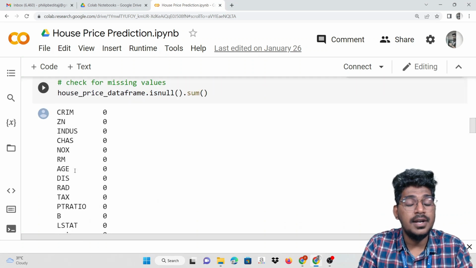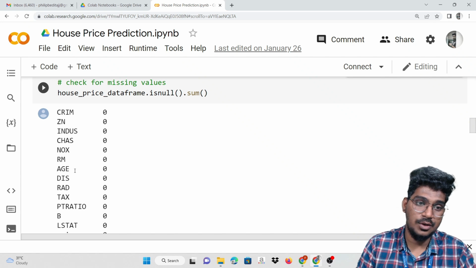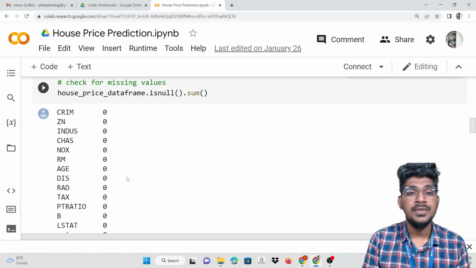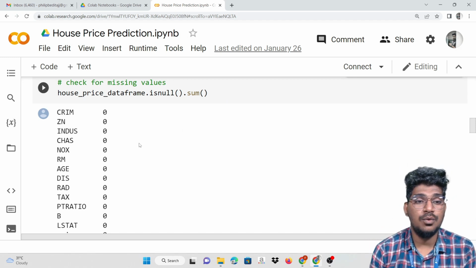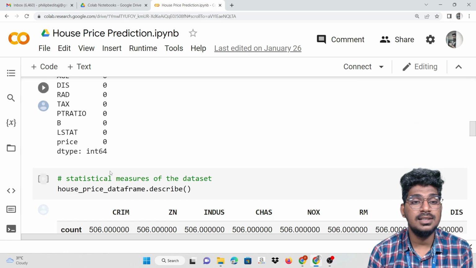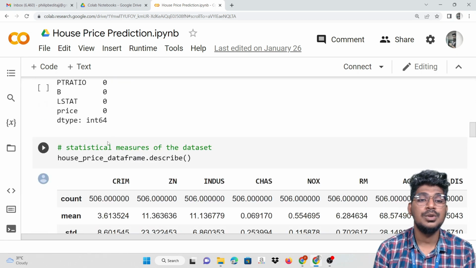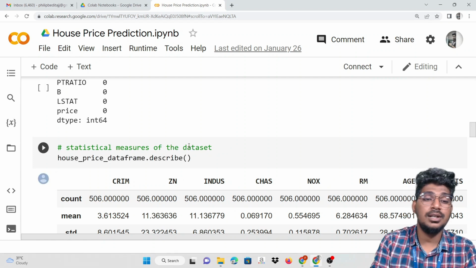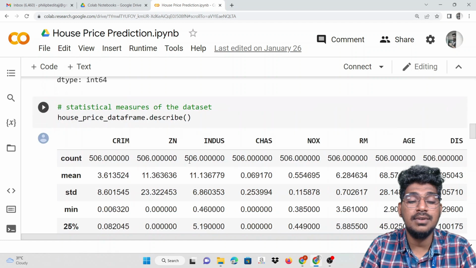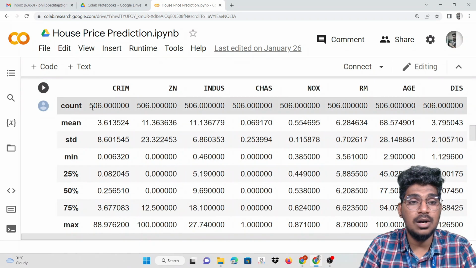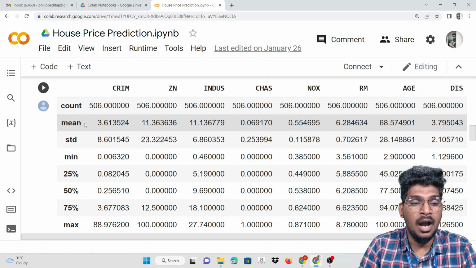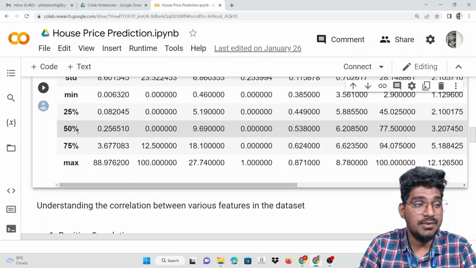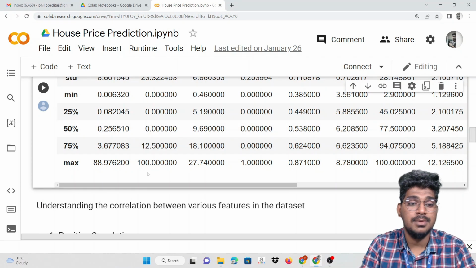Okay, now we are going to check for null values, or missing values. How can we find them? With the help of isnull().sum(). You can see here the values will be like this, everything will be 0. Okay, so no need to clean this data frame. Now the statistical measure of this data: .describe() will help display the count of each and every column, mean, standard deviation, minimum, 25%, 50% and 75%, and the maximum range.